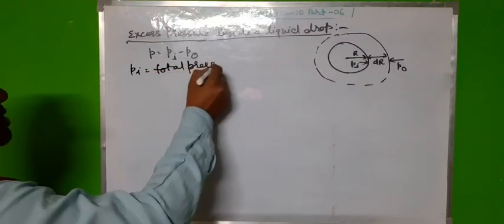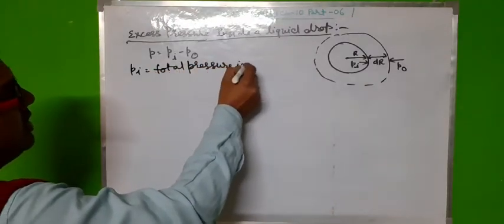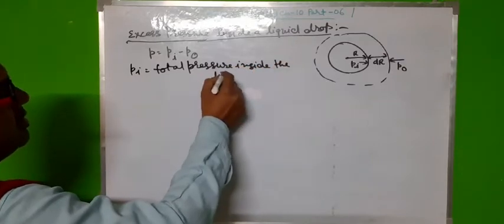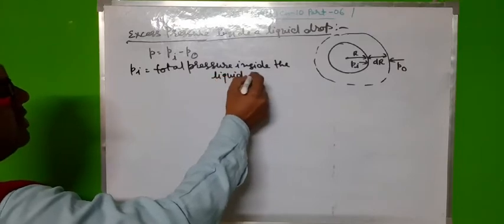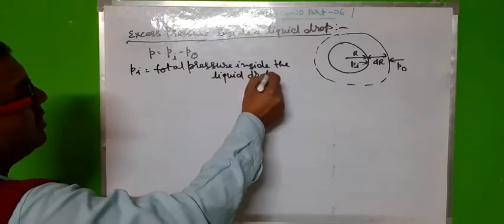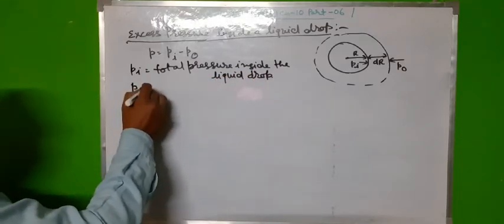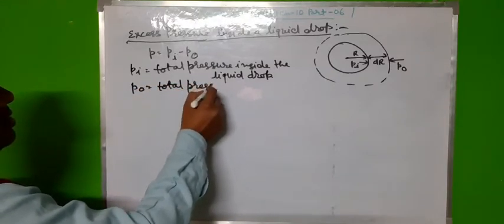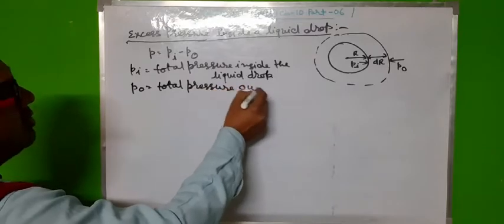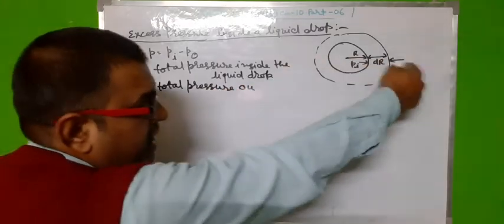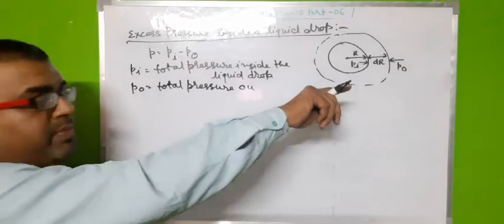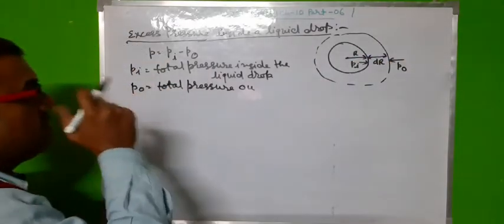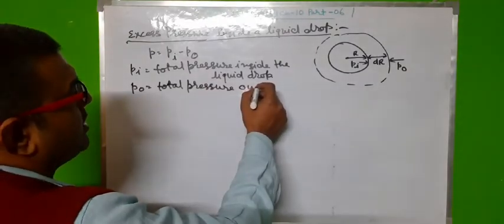Pressure inside the liquid drop, and P0 is the total pressure outside, meaning inside pressure and outside pressure. Due to the inside pressure, its radius increases from r to r plus dr. So the outside total pressure...